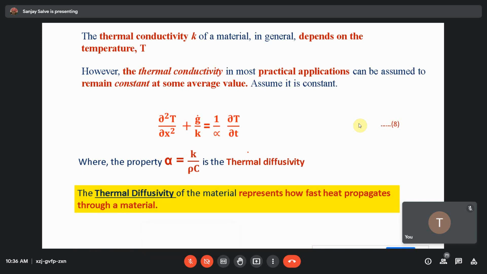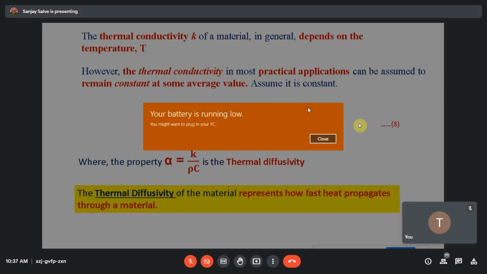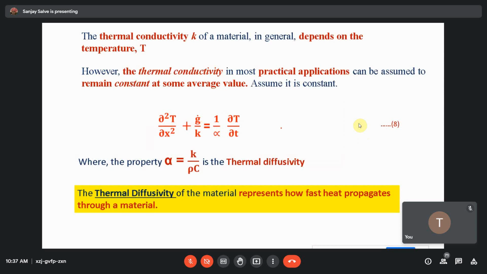The higher the thermal diffusivity, the more heat flows through it, because the thermal conductivity is very high. If I replace the equality with a proportionality sign and consider density and specific heat constant, I can say that